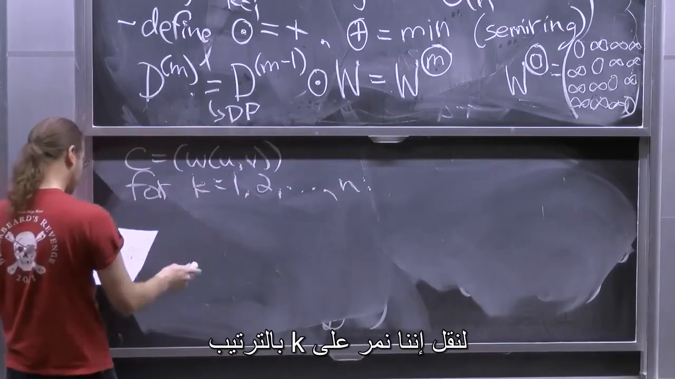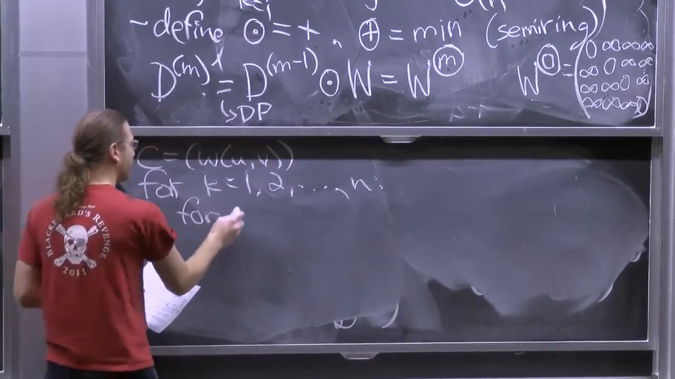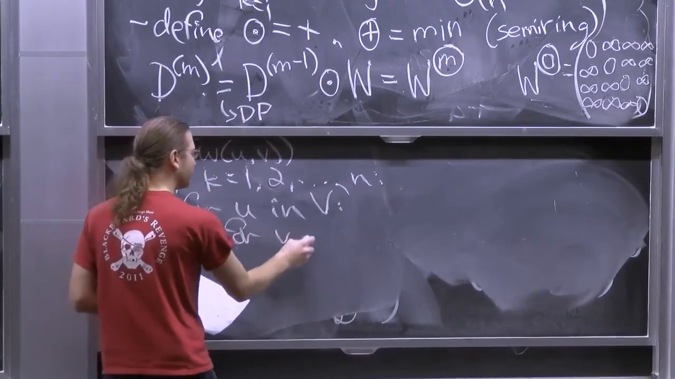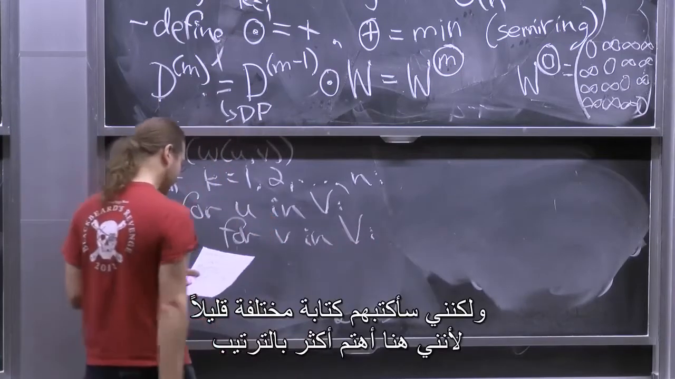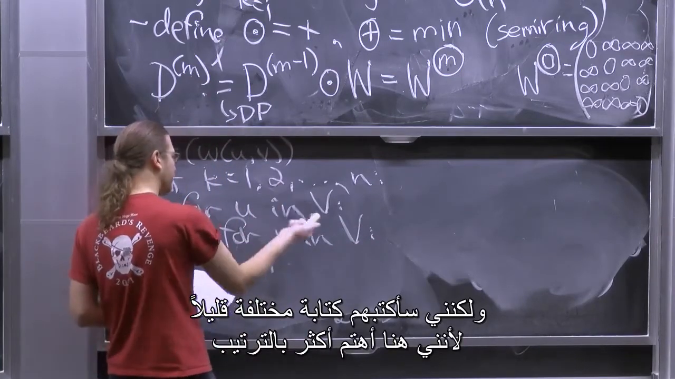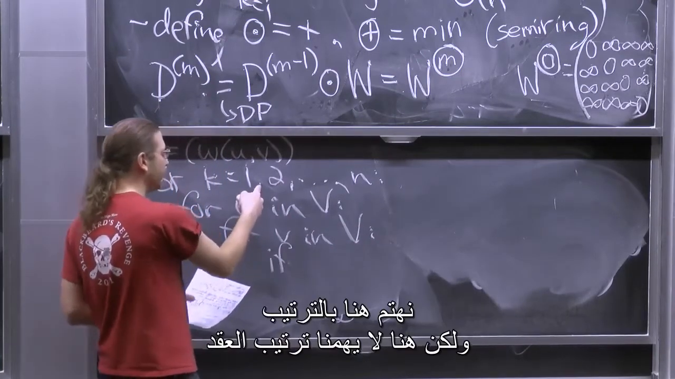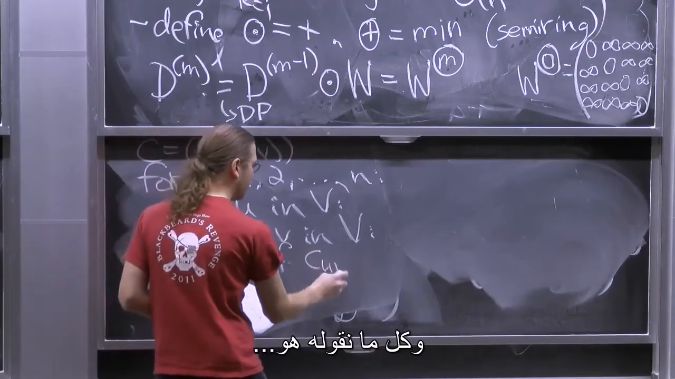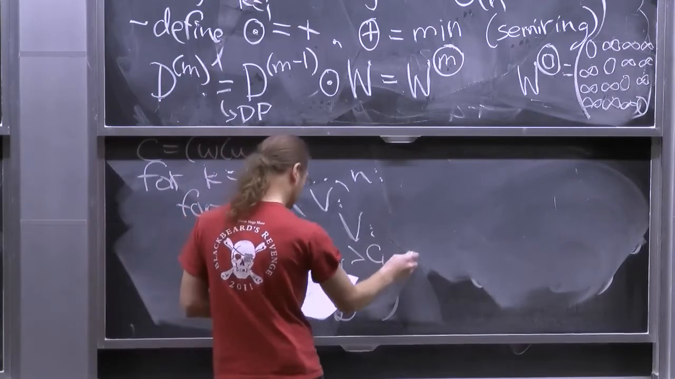We're doing k in order, let's say. These are really the same kinds of for loops, but I'll write them slightly differently because here we care about the order. Here we do care about the order, here we don't care about the order. Vertices. And all we're saying is